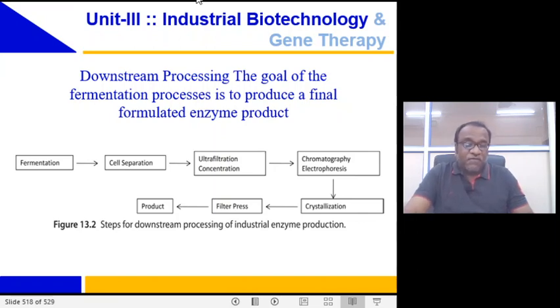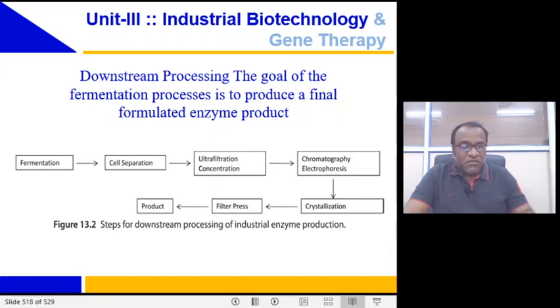However, the number of steps and economic viability are highly associated with the degree of purity required, right? And this in turn is associated with the end application of the enzyme,